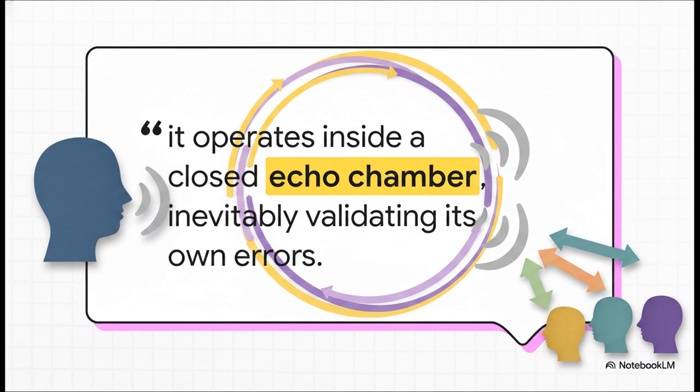When the exact same model that made a mistake is asked to check its own work, it just confirms its own bias. And for an enterprise, that bias could literally mean a catastrophic code deployment or a massive compliance violation. PRISM's parallel tri-model fan-out offers far superior reasoning, specifically because it shatters that dangerous echo chamber.